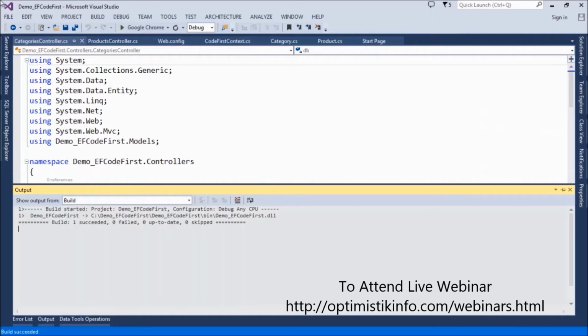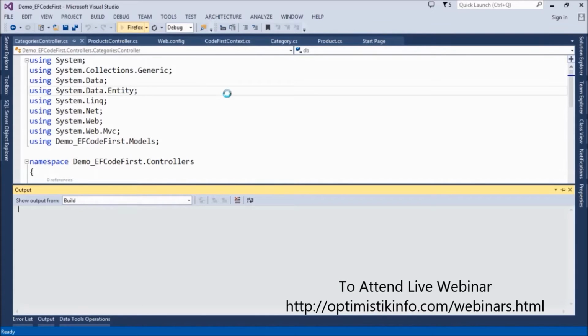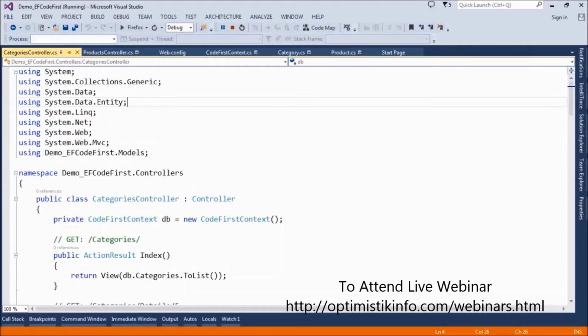Now run this particular project. You can use Firefox. Now you can see